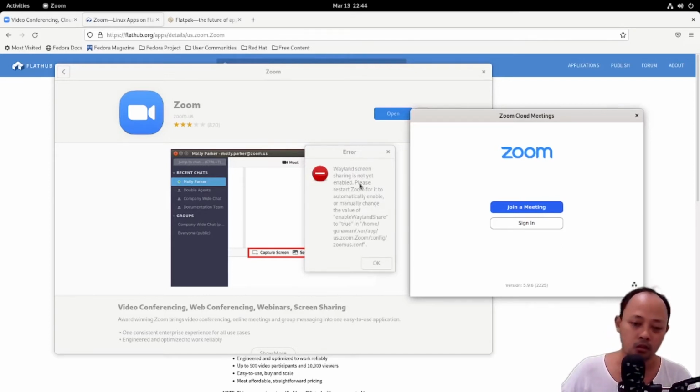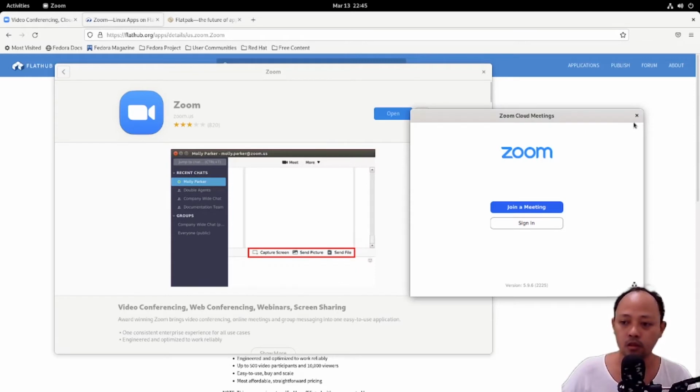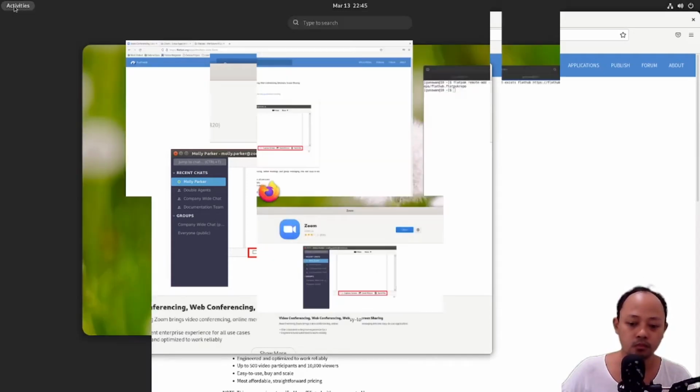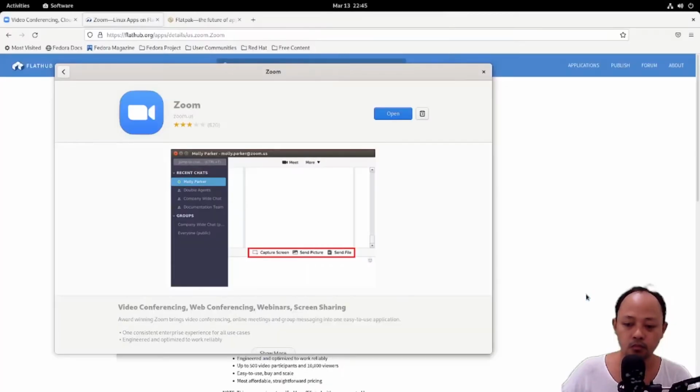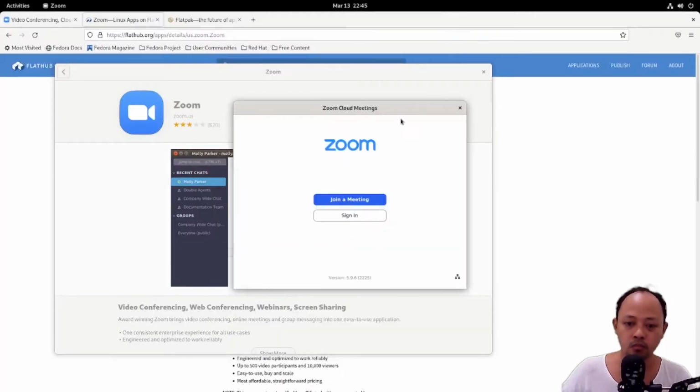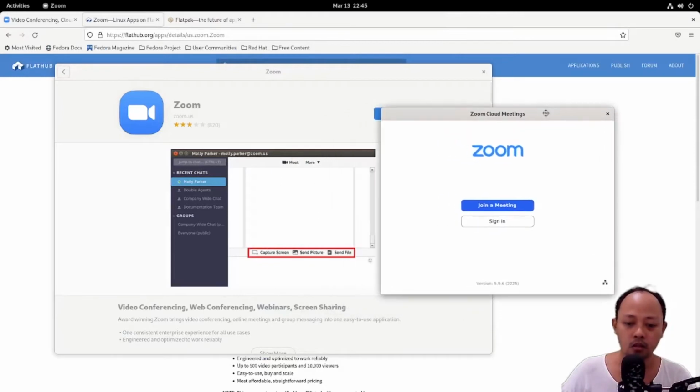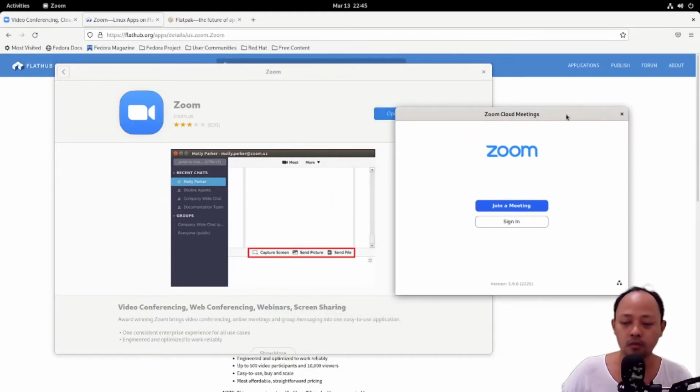Okay, I did something wrong. I think that I need to restart my Fedora, but here, just restart Zoom. Okay, I will try to restart once again. Okay, I think there's no error anymore.